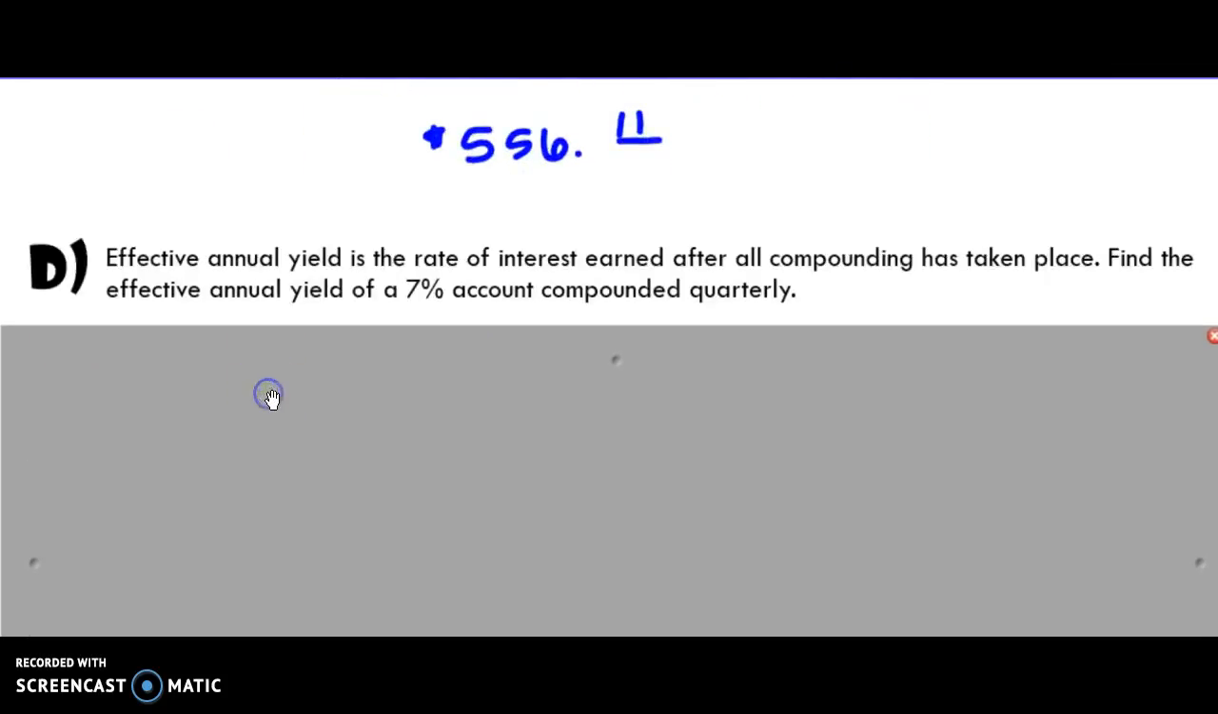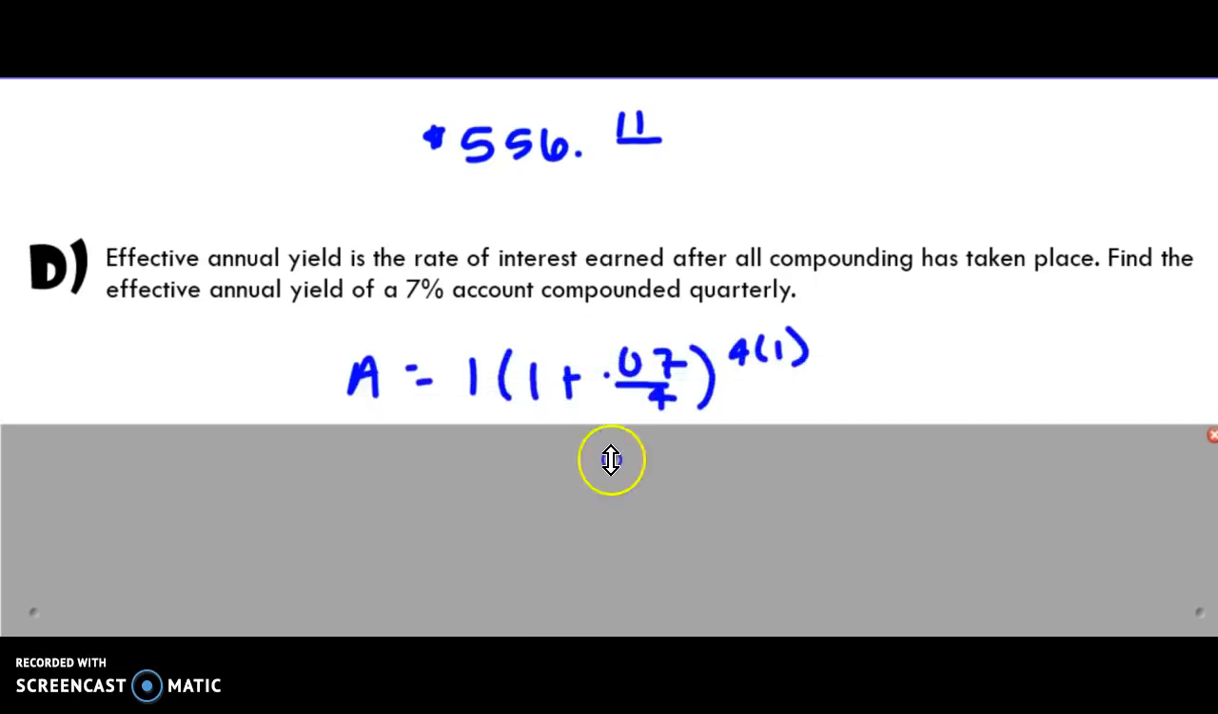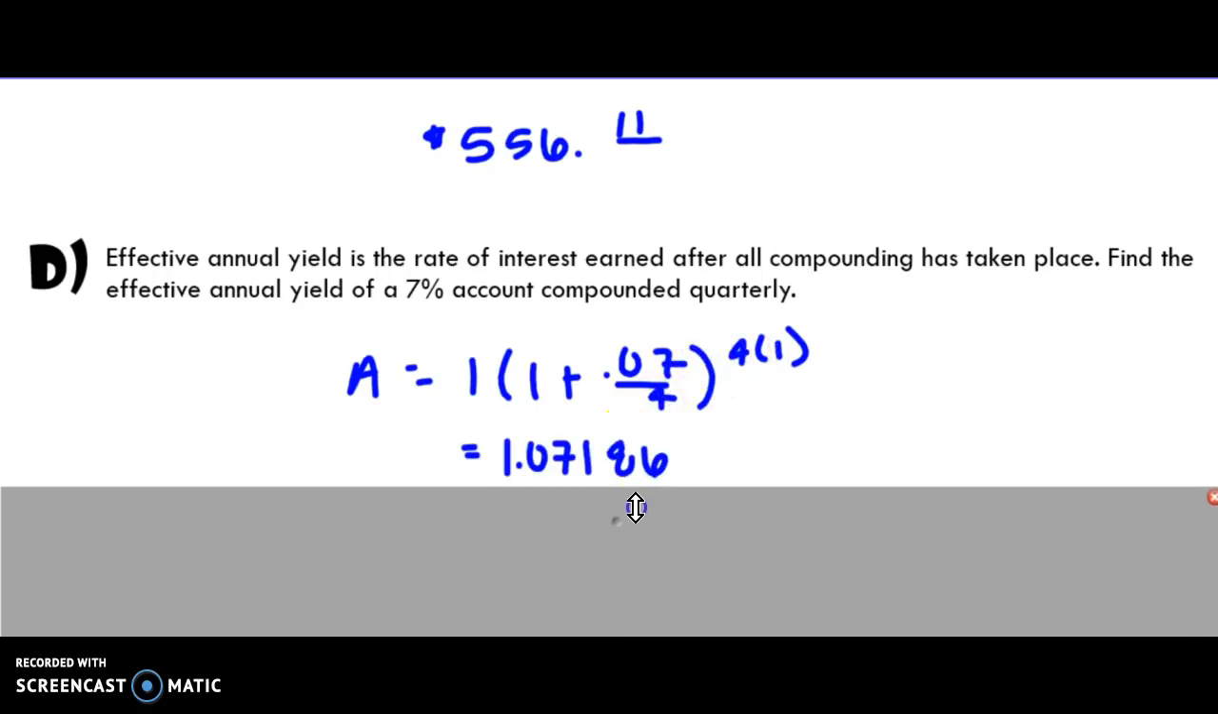Question D and E are talking about effective annual yield, and what you are looking for here is a percent. So what you're going to do is you're going to think about how much money you would make on $1 for 1 year. So I'm always going to plug in $1 for the P and 1 year for the T, and then I will use the 7% as 0.07 and quarterly for the 4. So that will be my 2 N values. So when I plug that in, I will get